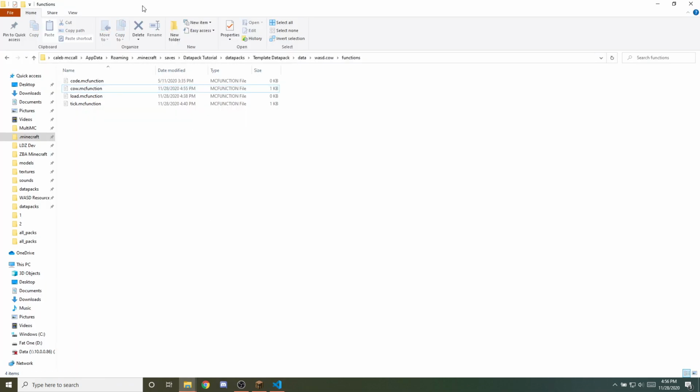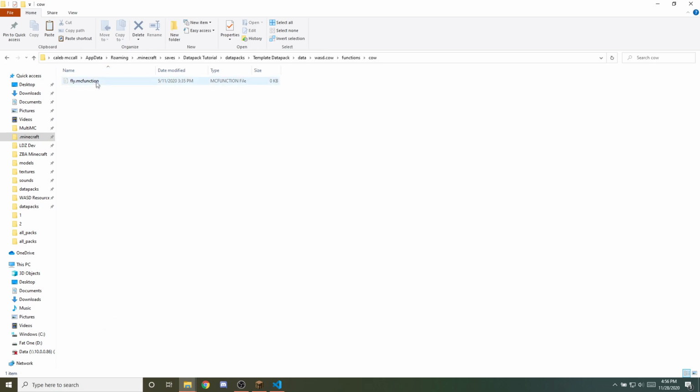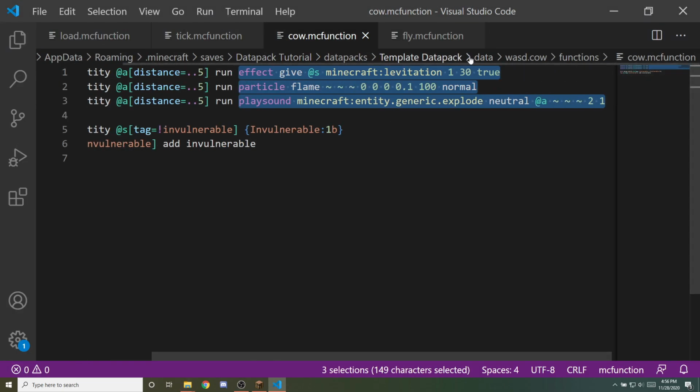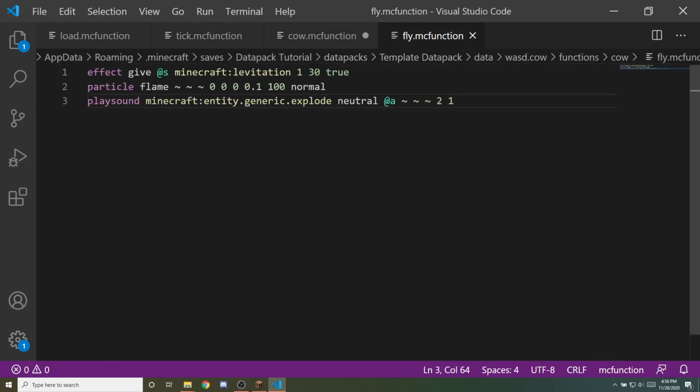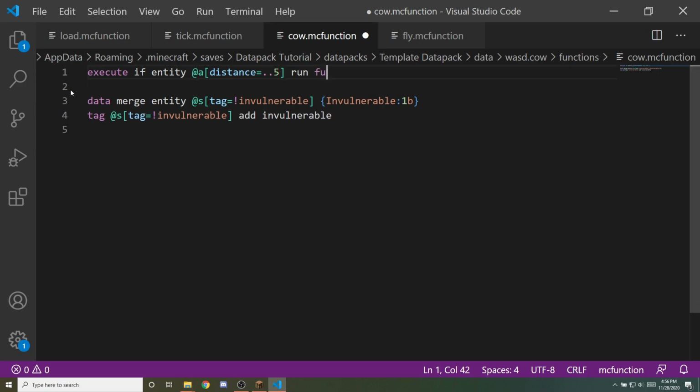So we could go to functions, and let's say we make a folder called cow. And then we want to grab code, put this in here, and we're going to call this like fly, I guess. We can now, off of cow, grab all 3 of these. Let's actually open fly really quick. Let's grab all of these commands right here, cut them from here, paste, and now we can cut this down to 1 single line, and then we'll go function